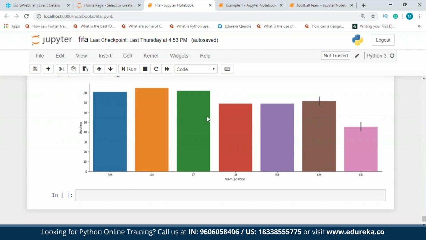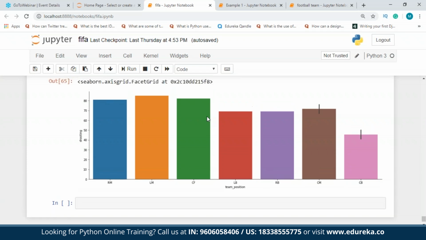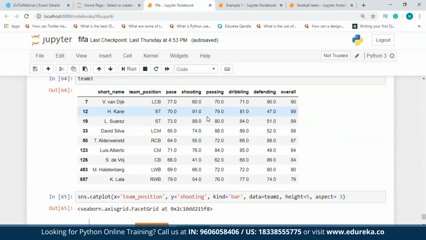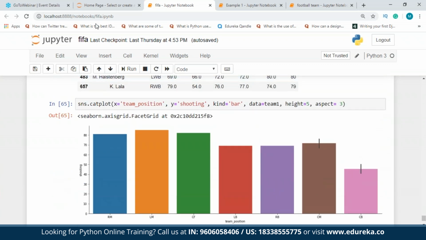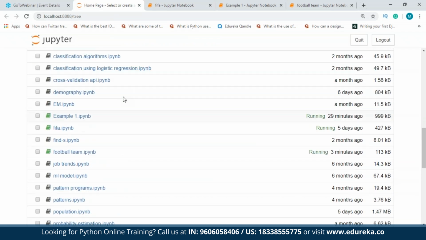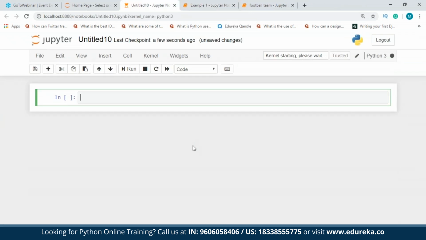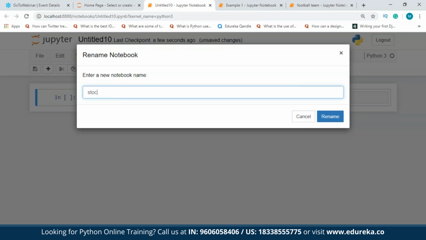So now that we're done with the FIFA dataset, we have these three teams that we have made using the evaluation we have done on the dataset. We'll move on to the next one. I'll just make another notebook and name it, let's say, stock data. It already exists, so I'll just write